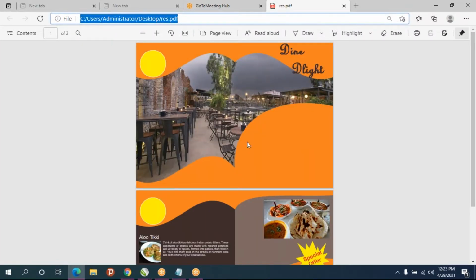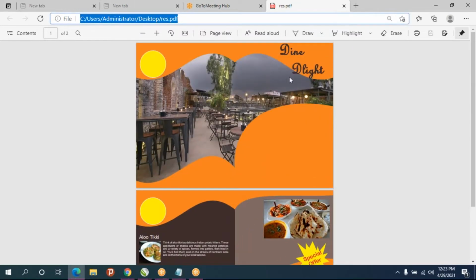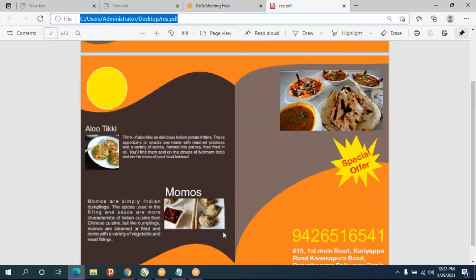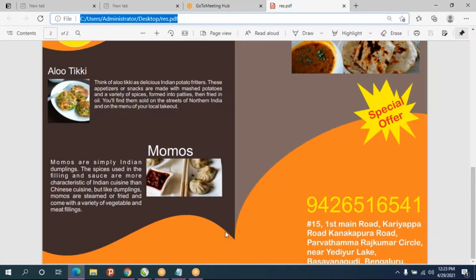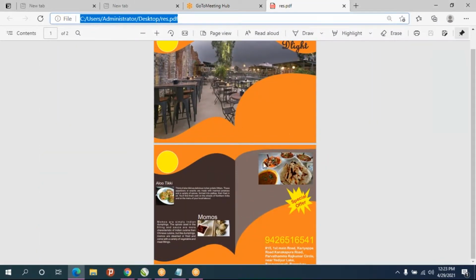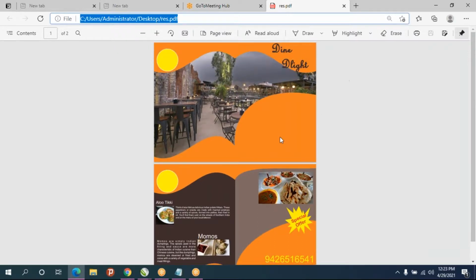So this is our inside. Which one you want as inside, you can make it. So like this will come when you're taking output. So still we have to edit a lot of things. For example, you have to add company names wherever you want.